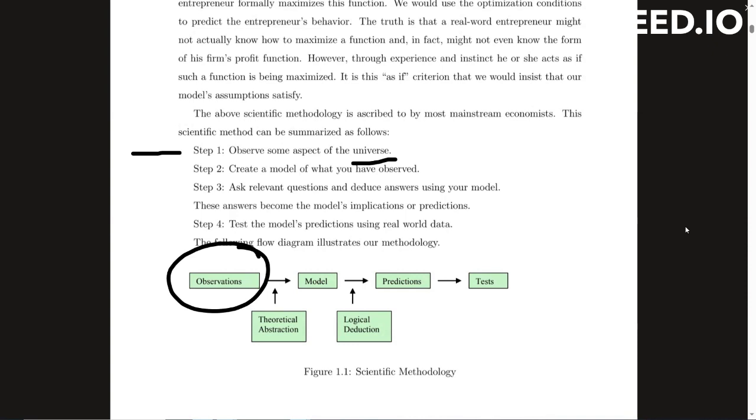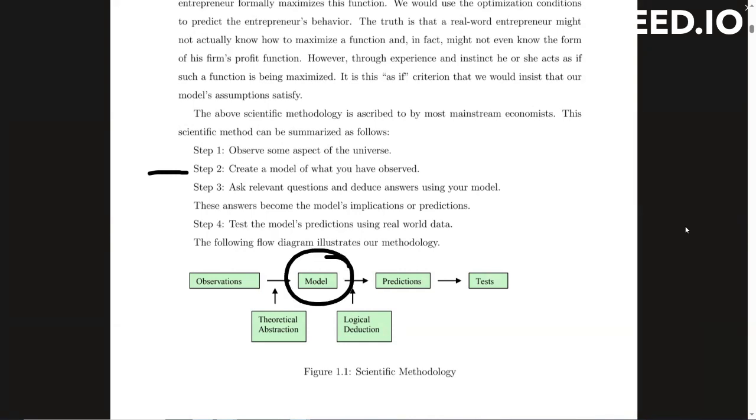If we're just generalizing, obviously we make observations, but observe some aspect of the universe just basically means we're studying anything that we want. So we make some sort of observations from our surroundings or whatever it is that we're studying. Okay, so step two, create a model of what you have observed. This is the model. So what exactly have we done here? We've made some sort of observations that we think are prudent. And from those observations,